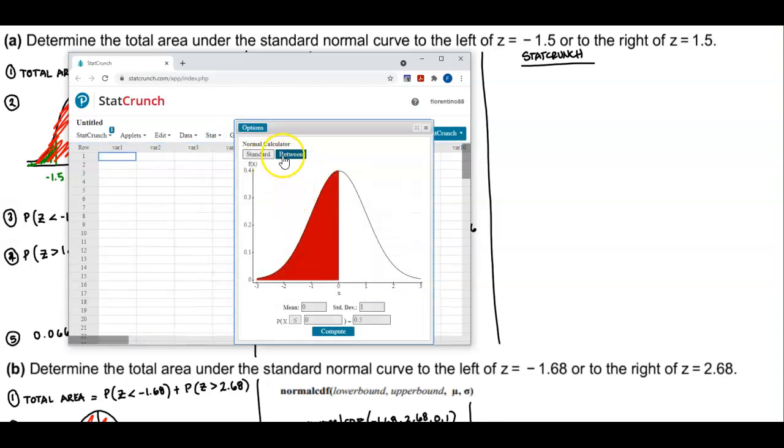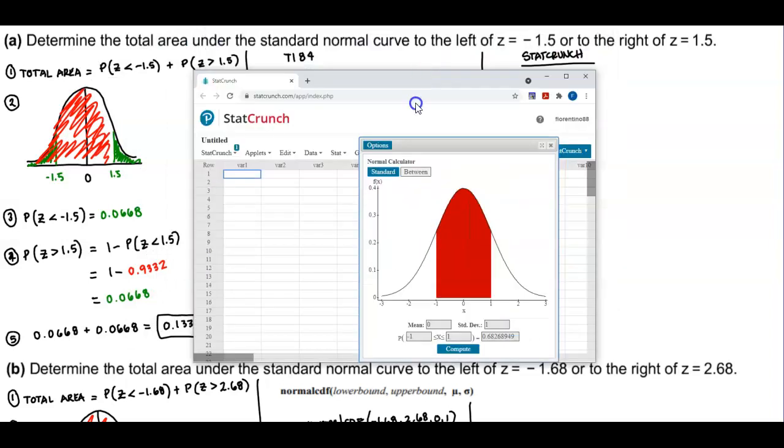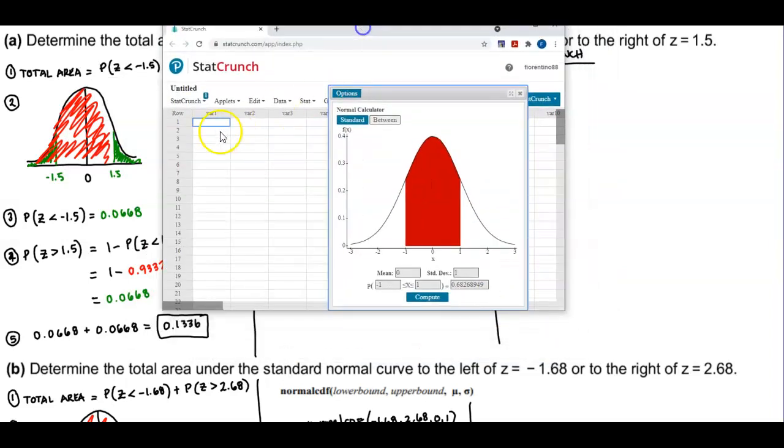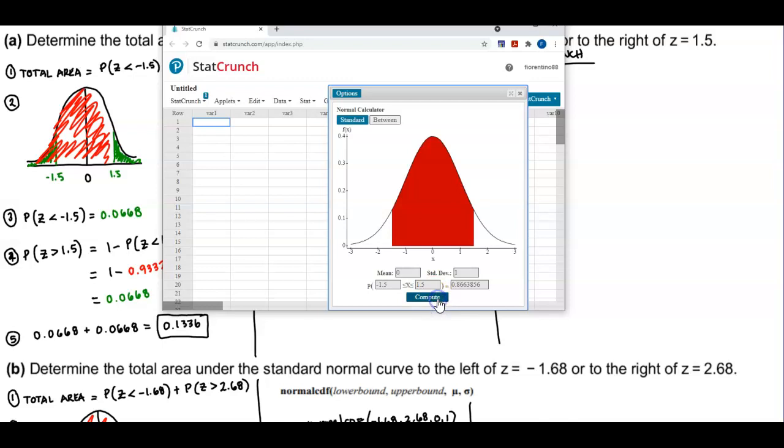Then we're going to go to Between. So for the first one, we want to find the area that's in between here, and then we need to subtract from 1 in order to figure out the areas that are blank. So if we put in negative 1.5 and then 1.5 and then select Compute,